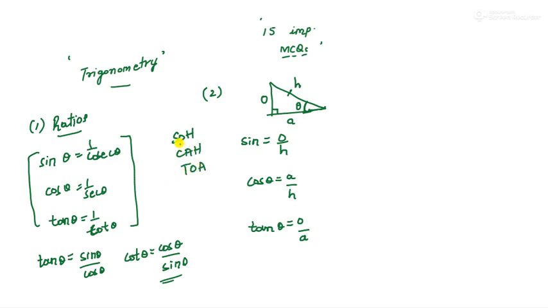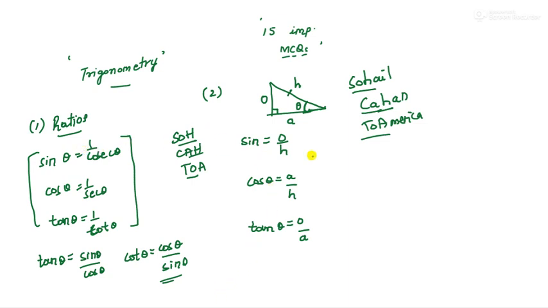So this is Sohail. I will tell you the trick: Sohail, in Hindi, kahan, CAHN, kahan ja raha hai. So his answer was to America. You can remember the trick like this. The first three letters of the trick represent the formulae, and cosec, sec and cot are the reciprocals of these. So no need of memorizing those three. If you know the first three, you can easily remember the next three.